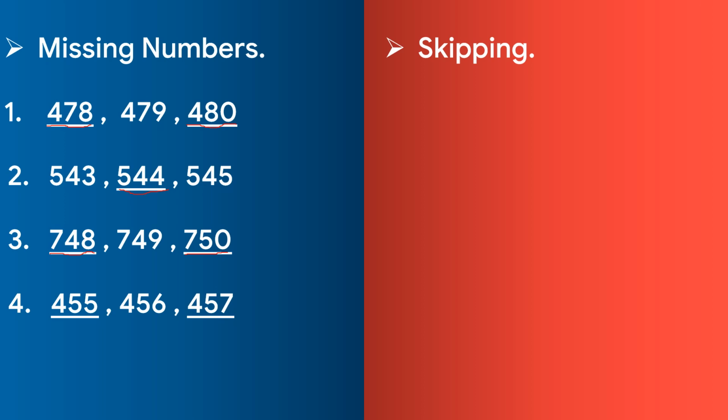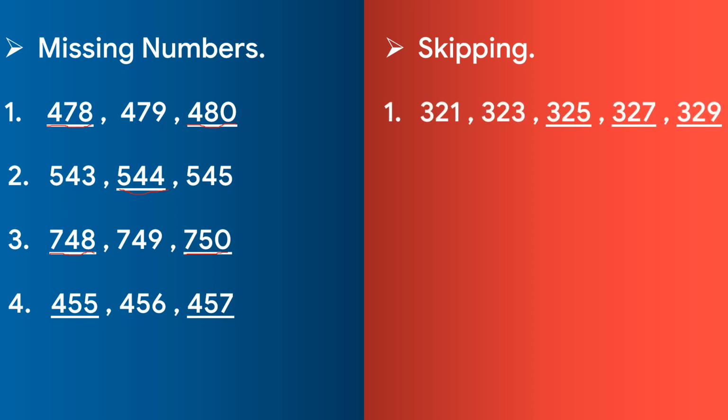Your next number is 456. Again here the blank is given before the number, so it is considered as a before number, and the blank after the number is considered as an after number. So what comes before 456? Before 456, 455. So the preceding number of 456 is 455. And what is the successor of 456? It's 457.